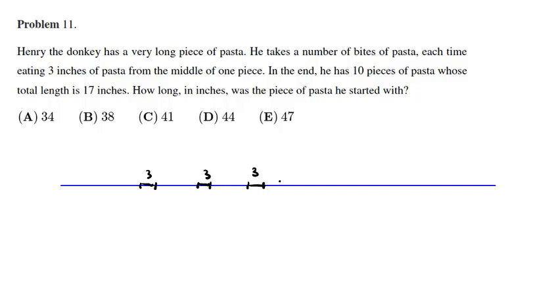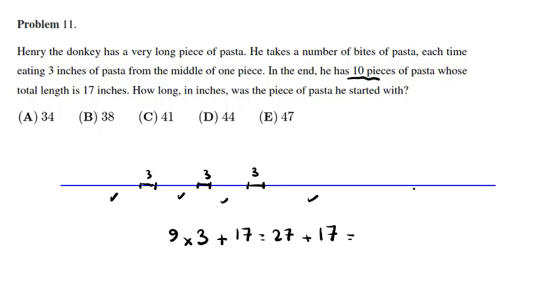So the first one, he divides to 2 pieces. After, for example, 3, 1, 2, 3, 4. So 4 pieces. In the end, he has 10 pieces, so he has 9. We have 9 of these 3s. Because after 3 of these intervals, then we have 1, 2, 3, 4. So because we have 10 pieces at the end, we had 9 of these 3 inches. So you can say 9 times 3 plus, at the end we have 17 inches, the total length. It will be 27 plus 17